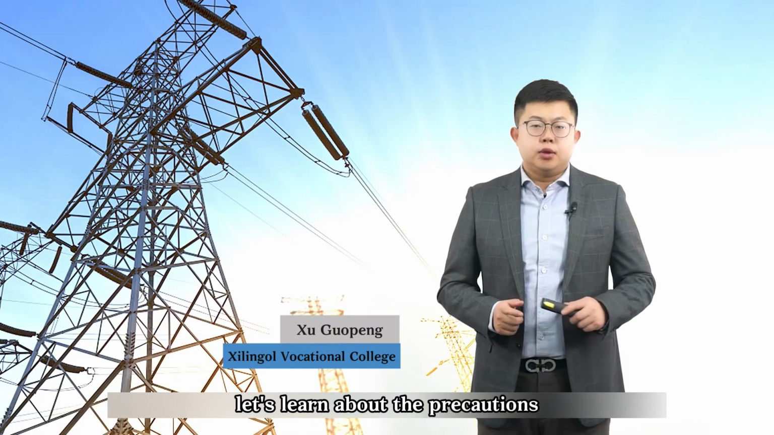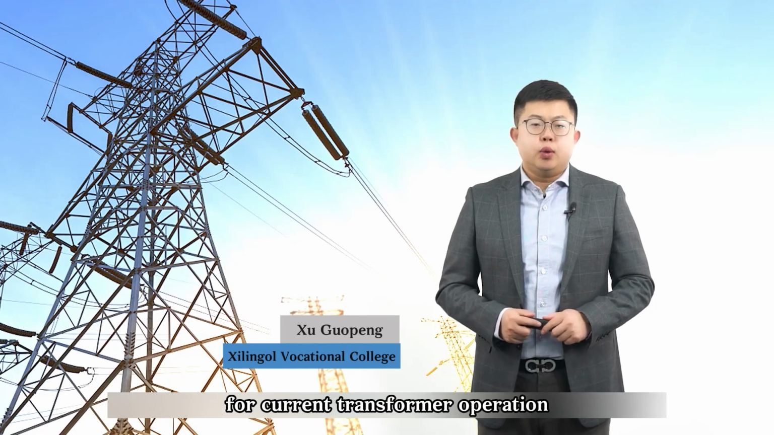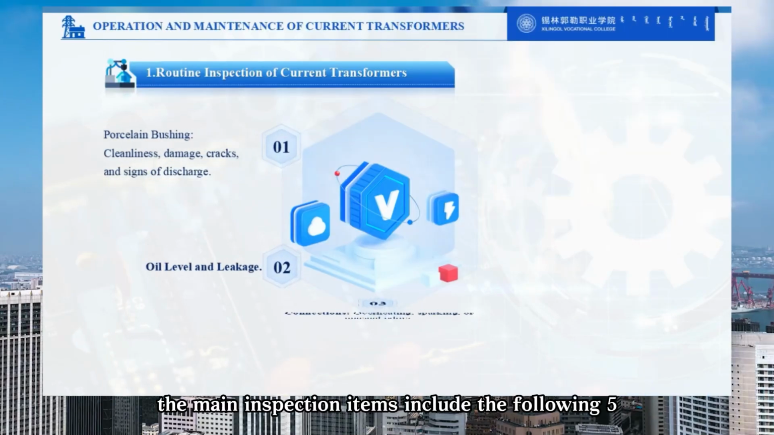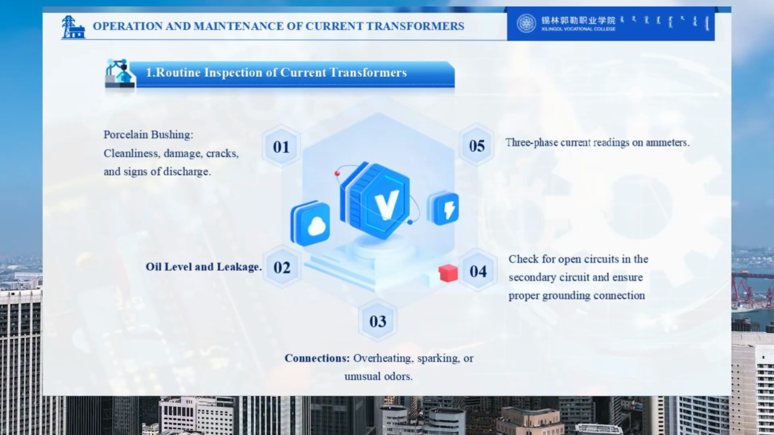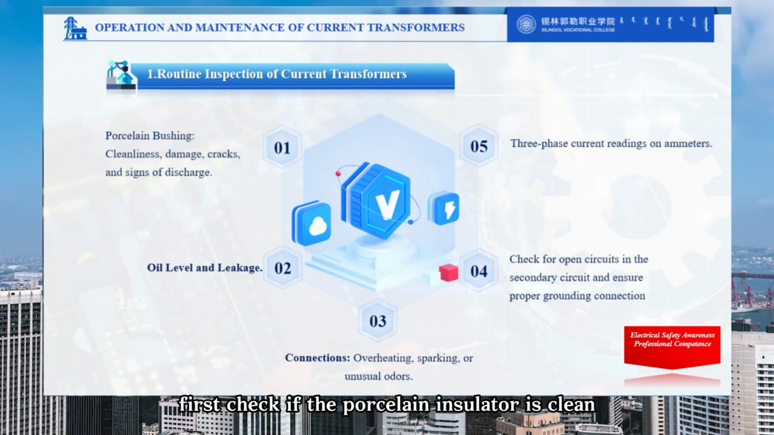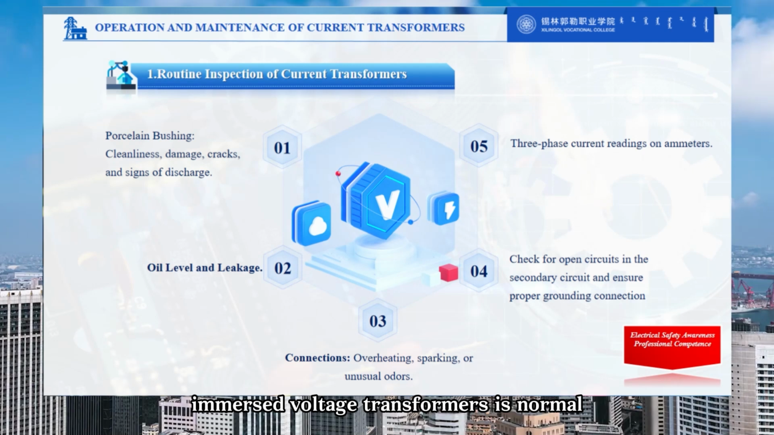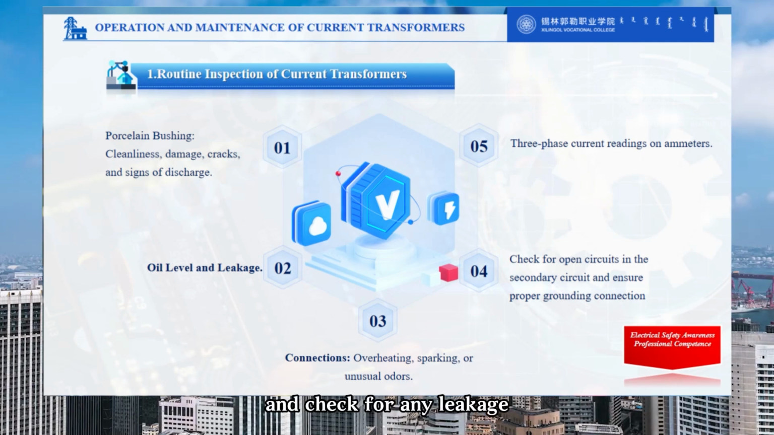Let's learn about the precautions for current transformer operation and maintenance. Routine inspection is required before putting a current transformer into operation. The main inspection items include the following 5. First, check if the porcelain insulator is clean, free from damage, cracks, and discharge phenomena. Check for normal sound. Second, check if the oil level in oil-immersed current transformers is normal, and check for any